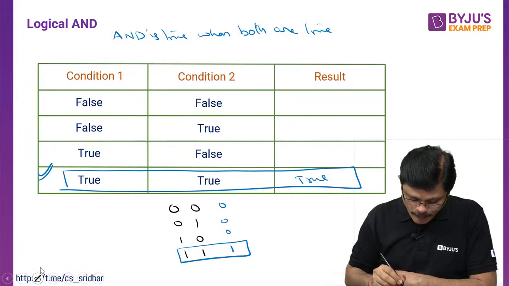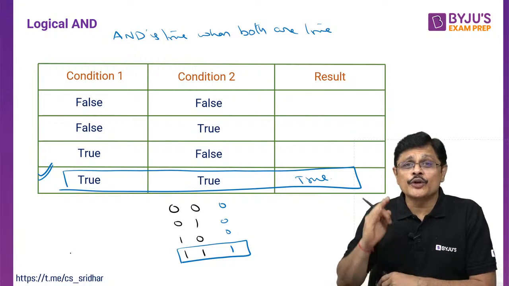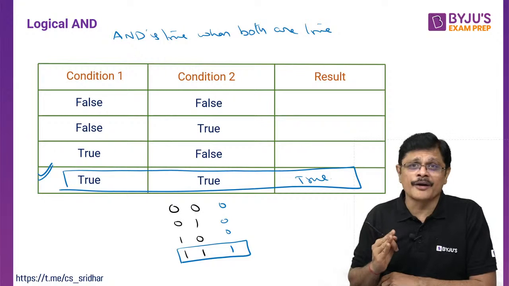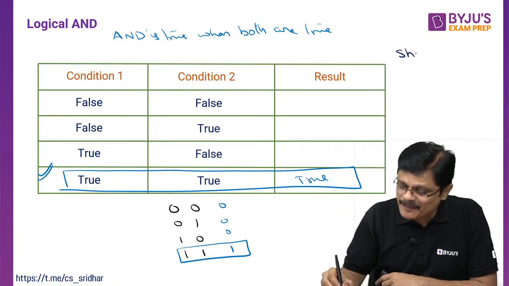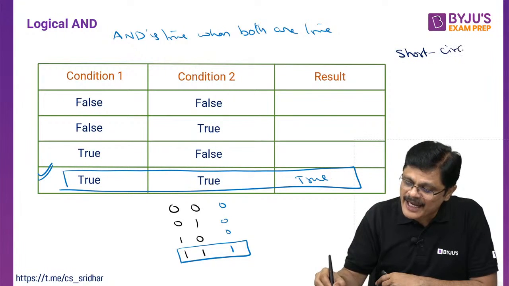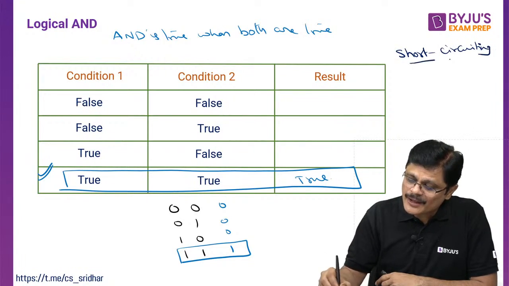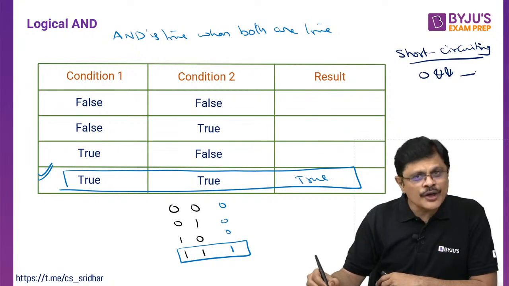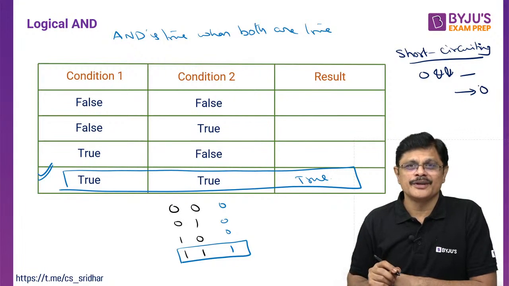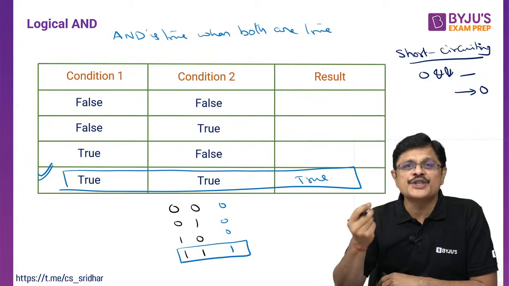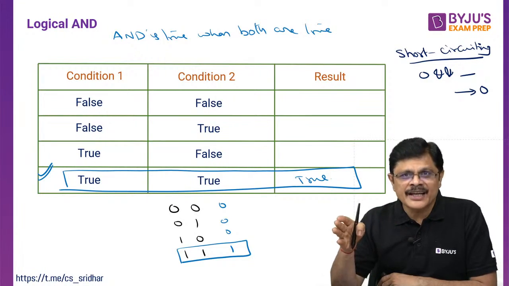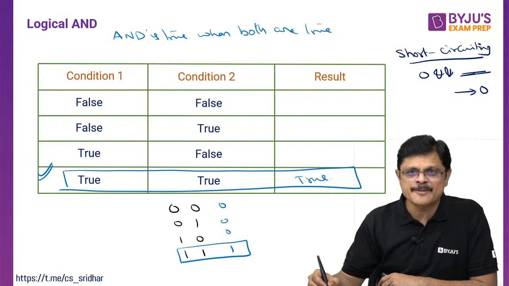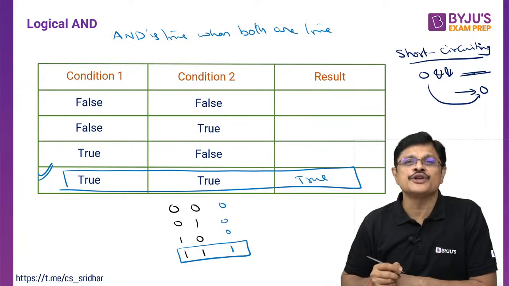One more important point to be noted here is that both logical AND and logical OR give you short circuiting. Because 0 AND whether it is 1 or 0, the answer is 0. So whenever you find a 0 with the logical AND operator, the compiler stops evaluating, and short circuiting happens. Whatever the expression may be, it ignores it and directly returns the value 0, my dear friends.